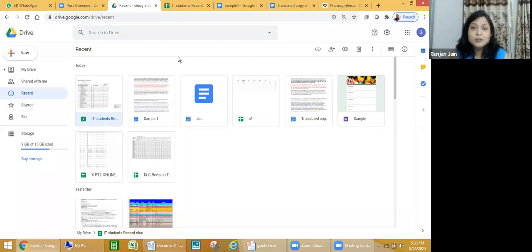Suppose 9th class teachers are doing registration for the students and they create a spreadsheet and tell all the students to fill the data, their mother's name, father's name, or whatever data is required. You can never rely on the students. They will fill their data accurately, but they will hamper others' data. They will change the father's name, mother's name, just to prank their classmates. They will keep on hampering the other people's data. So whenever you want any sort of data collection to be done, it has to be done through Google Forms.